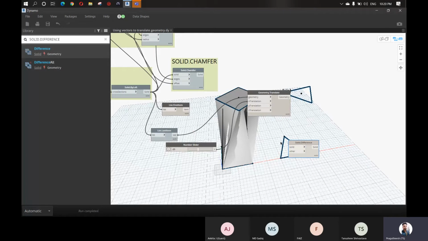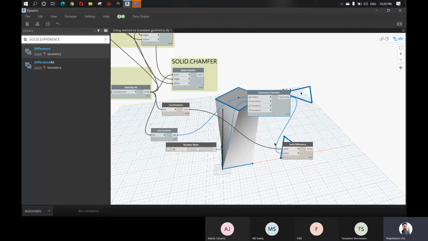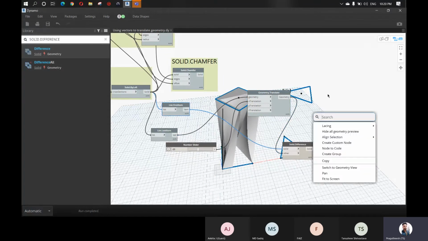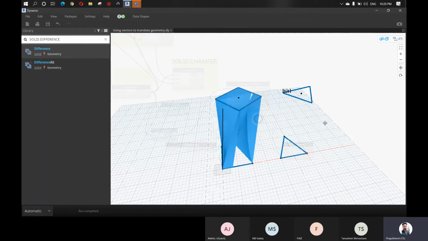My solid here is the first item, and the other solid is the translated one. So connect this. I'm turning off the preview of this one and the preview of this one, and we have only one solid.